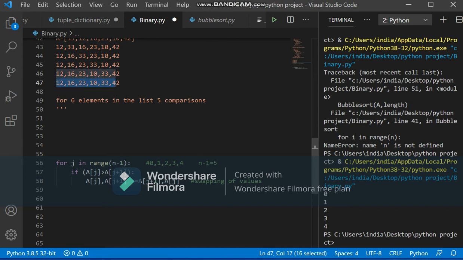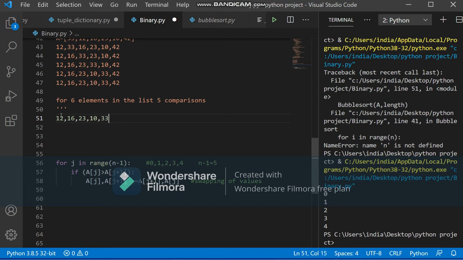But even after doing this, we only get the last element, that is the largest element, at the right place. We are still left with a few more values. If there are 6, 5 more elements are left to be arranged. What do we have to do? Again we have to start the process, meaning the first adjacent elements are compared again, that is 12 and 16. This is called cycle number 2. In cycle number 1 we compared 5 times.